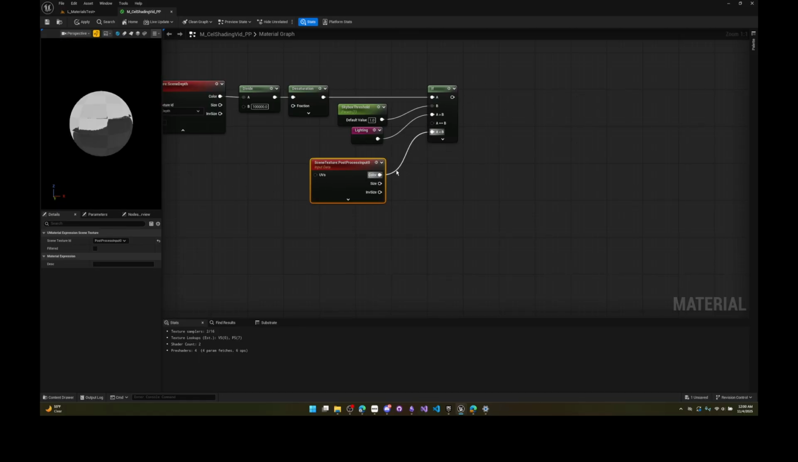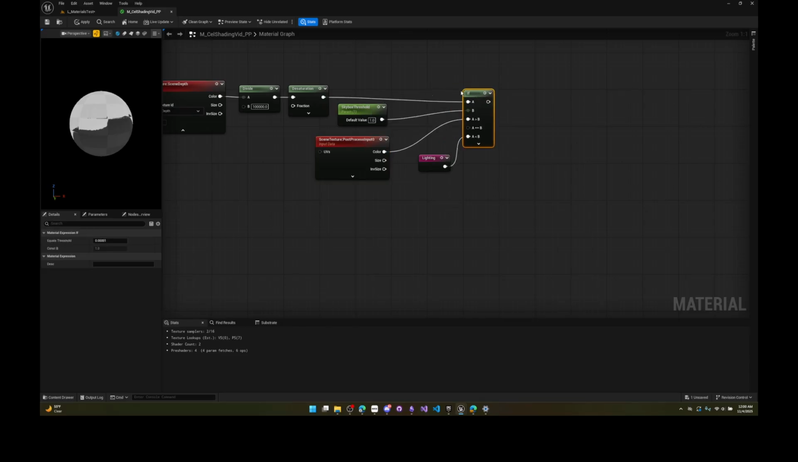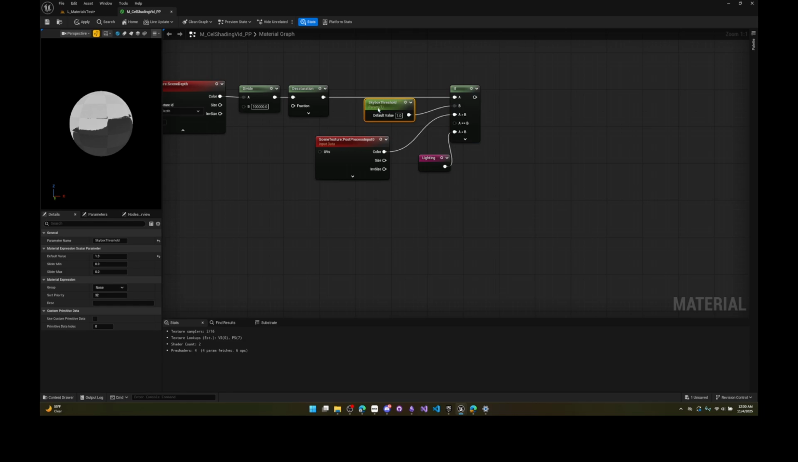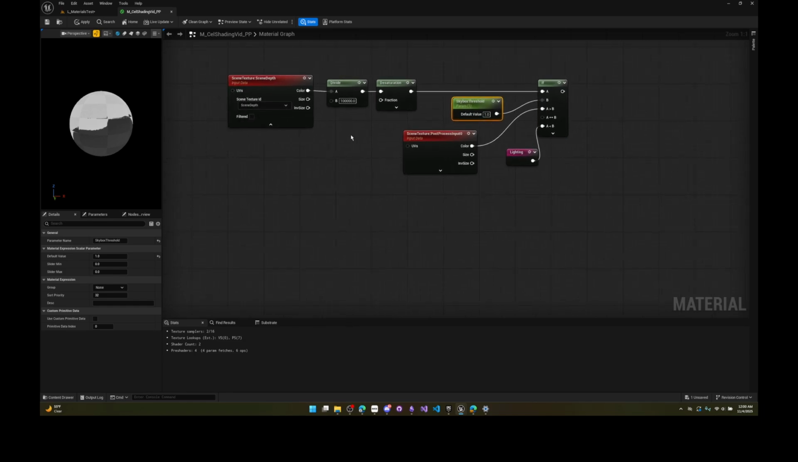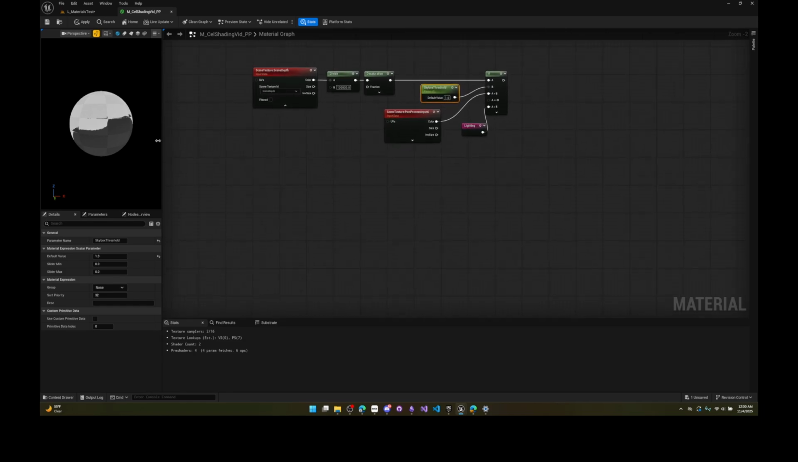So this will be A is less than B. Oh, actually, I think I have that. Do I have that reversed? I do have that reversed. So we want this to be A is greater than B. Lighting on A is greater than B, and post-process input 0 on A is less than B. That's what we want to do. There we go. So yeah, that looks correct now. Let's drag that over here. Okay. And then